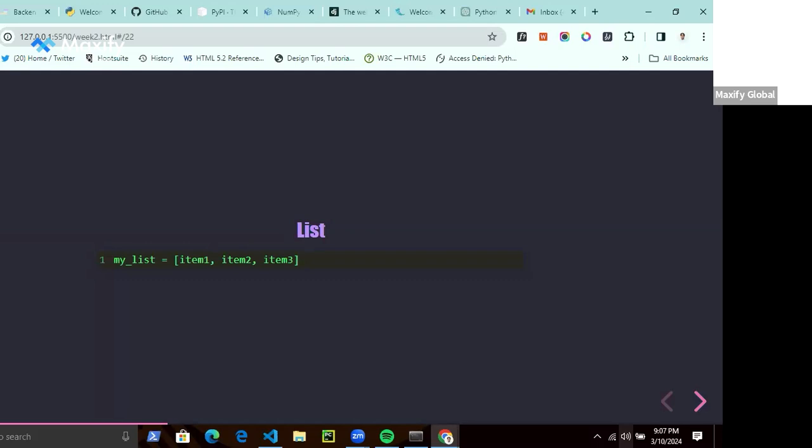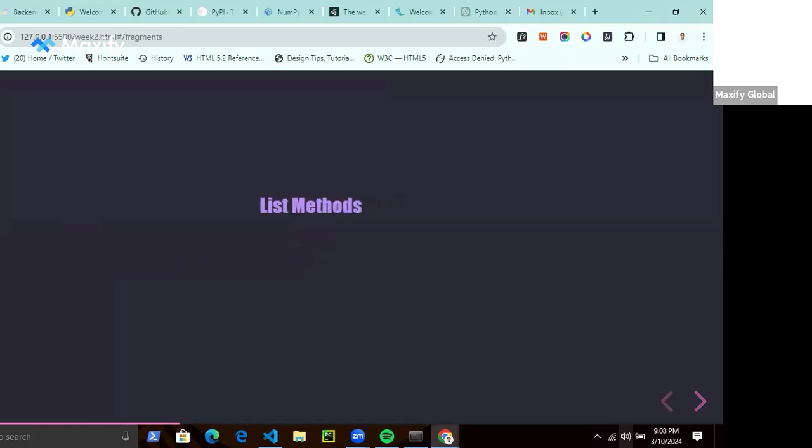We can print an entire list or some individual elements. We can also add elements to a list using list methods. So this is an example of a list. You have a variable called my list, and then you use the bracket symbol to define your list and enclose your items, right?